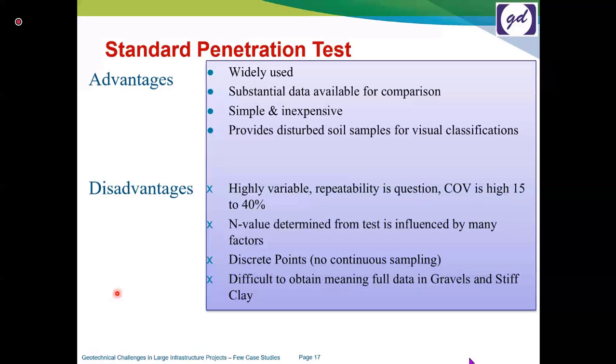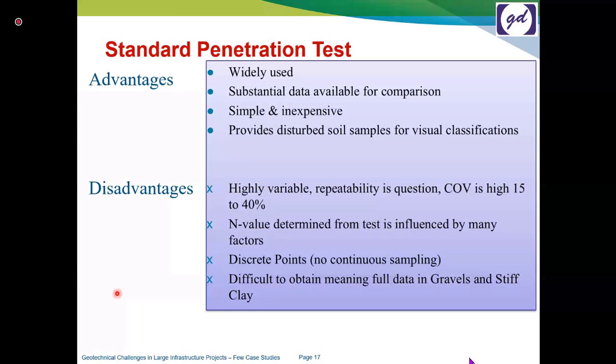classification. So the samples coming out from the split spoon sampler, you will be able to understand what kind of sample it is, and you can even subject those samples to a few classification tests to find out the type of soil which has been encountered, so that definitely you will be able to take the decision on SPT corrections at a later stage. However, there are plenty of disadvantages which are usually ignored, but ignorance of those things has, in many projects, created bigger mistakes.